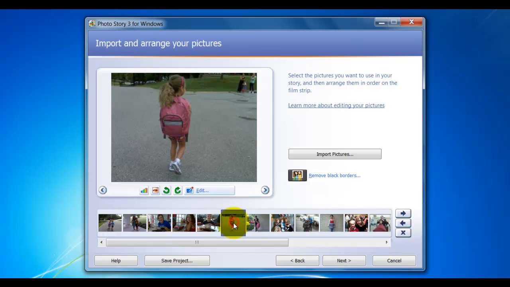You can either select the picture here until it's highlighted blue by left clicking and move the picture with these arrow buttons. Or another way is to left click on the picture and drag it to the location you want it to be in. You can rotate a picture using these buttons. You can address red eye problems and color problems right here. Once I've got the pictures in the order that I want them in, I'm going to click Next and move